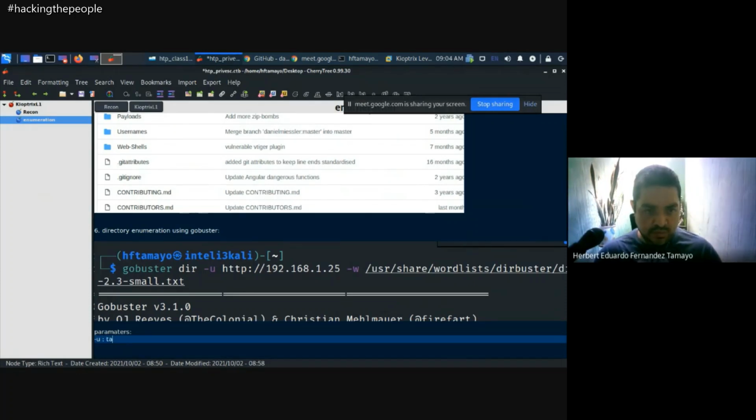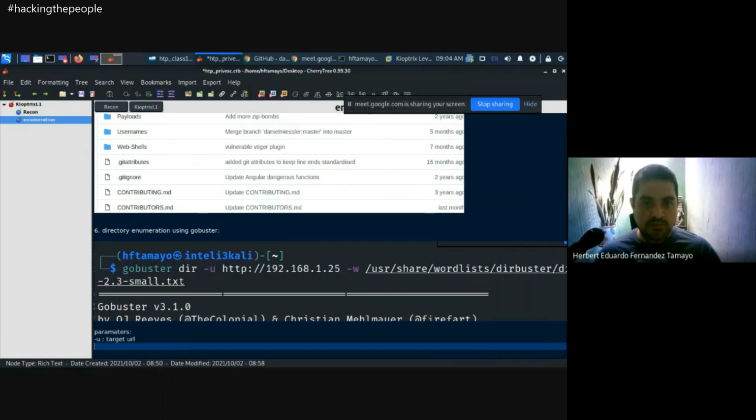Your target URL, wordlist, the dictionary we may use. You may choose the available